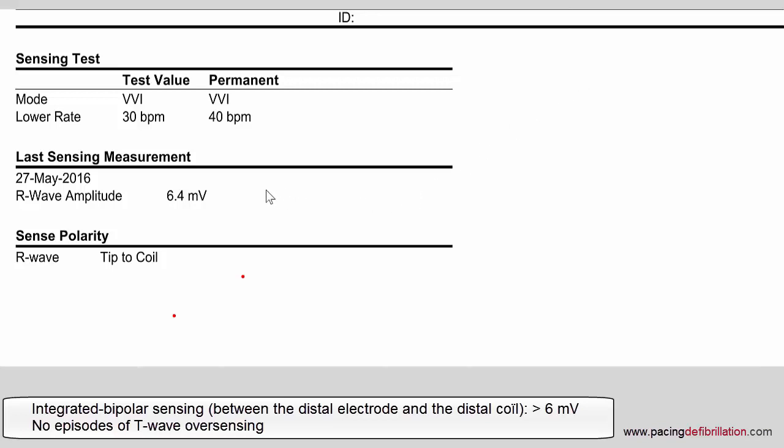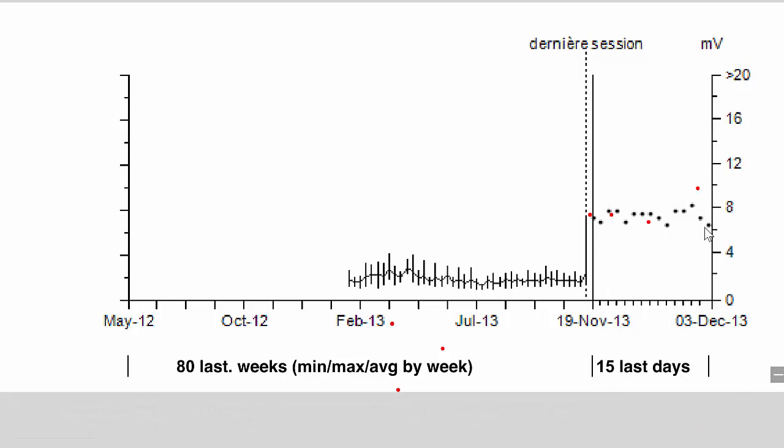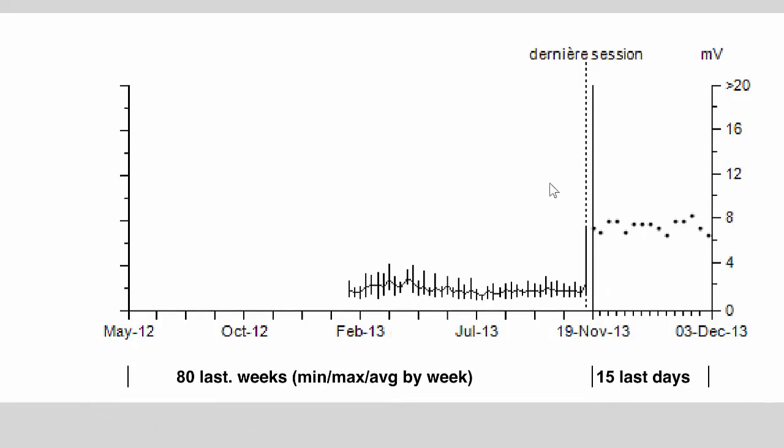Remember, it was 1.4 millivolts with bipolar, and when we changed polarity to tip to coil, so integrated bipolar, we had an R wave amplitude of 6.4 millivolts. If you look now at the amplitude of the R wave on this graph, initially it was programmed with bipolar sensing, and you can see that you had values between 1 and 2 millivolts, and then an abrupt change once we changed the sensing polarity from bipolar to integrated bipolar, and then we had much higher values between 6 and 8 millivolts. In this patient, after this change in the sense polarity, we did not observe any episode of